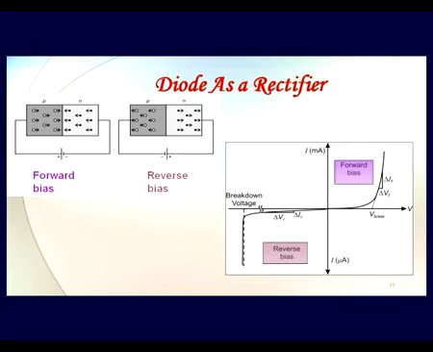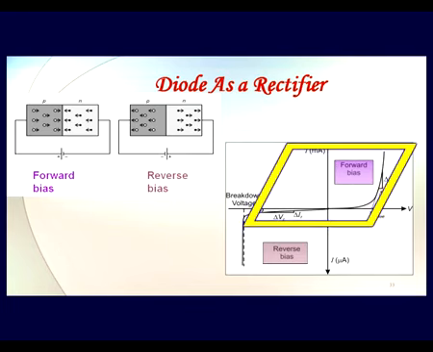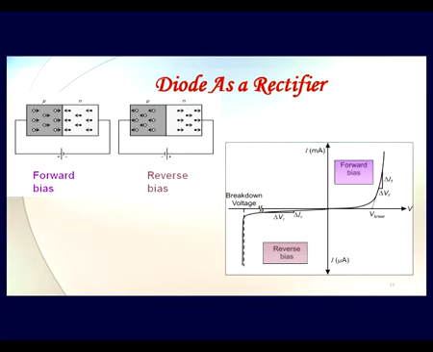And only after a very high voltage what we encounter is a breakdown voltage. In this breakdown, of course, we are going to destroy this diode because of overheating, and it is not normally recoverable. So if we work only within this range, then we can look at the diode as if it is a switch which conducts when it is in positive mode, but it is switched off when it is negatively biased or reverse biased. So this is exactly what is going to be helpful for our rectifier.